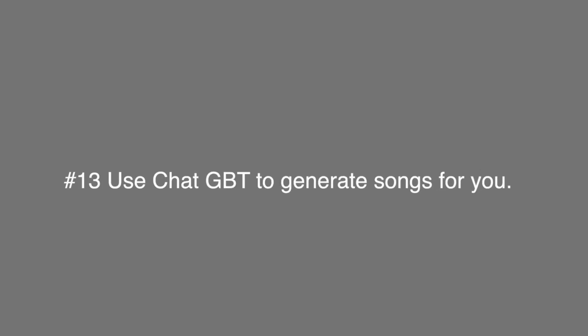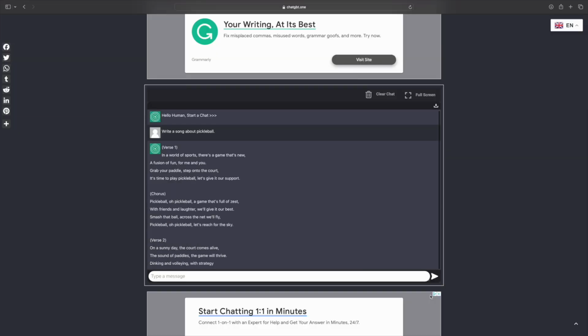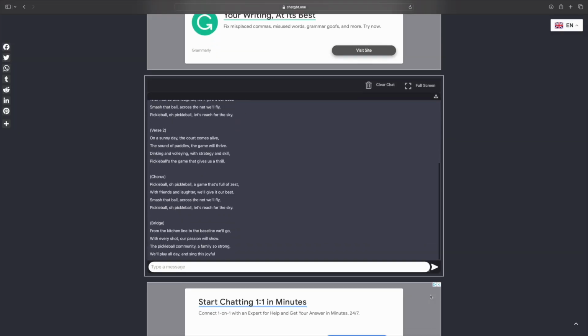And lastly, number 13, you might have seen this out there. I actually saw something the other day, I can't remember, I think it was about pickleball. You can use ChatGPT to generate new songs for you. And so, of course, they're going to be different and whatever, but it'll create it for you. And so this is a super fun thing. Go ahead and write a song or figure out how it can write you a song and let me know what song you come up with.